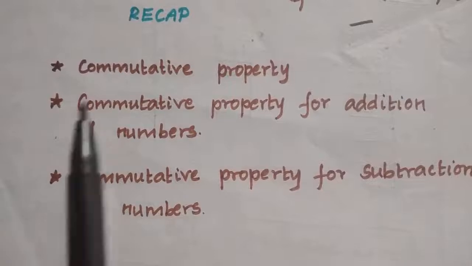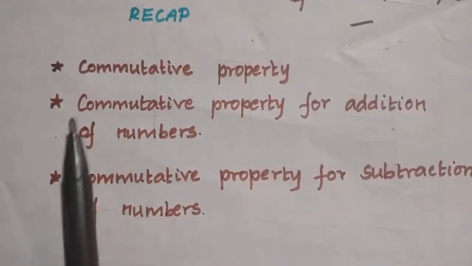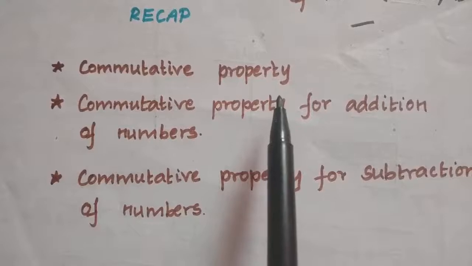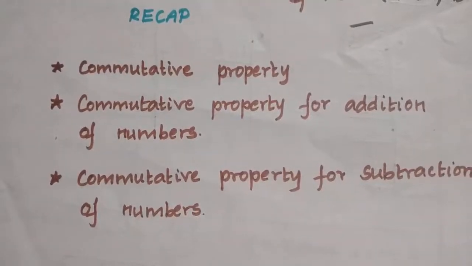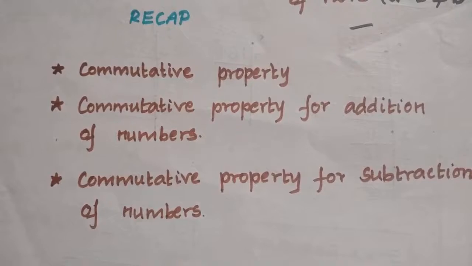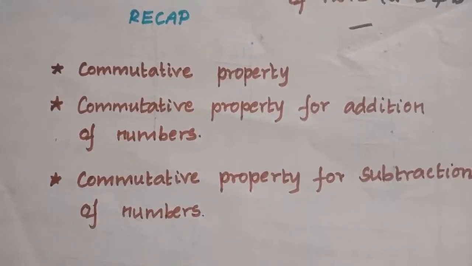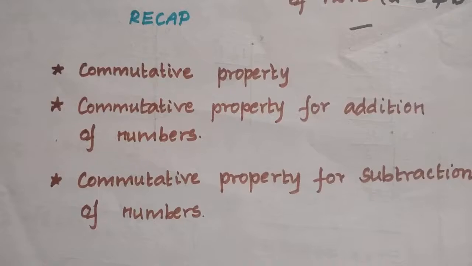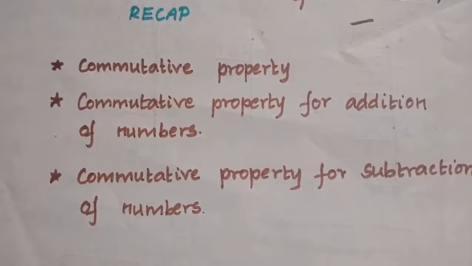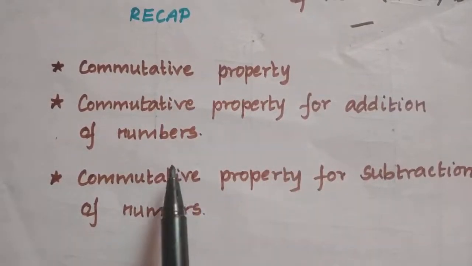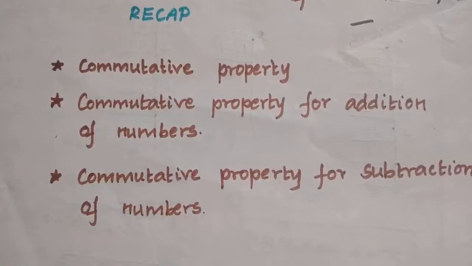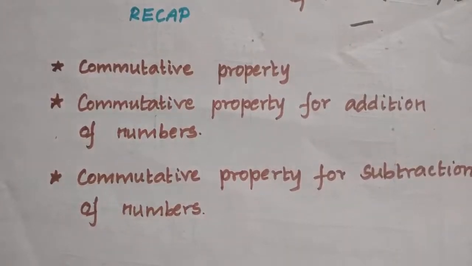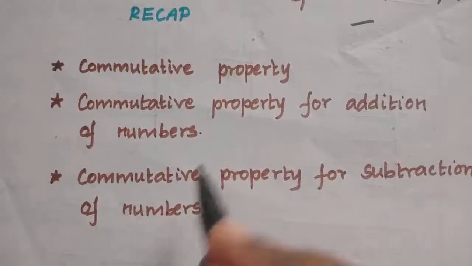Let us have a small recap of what we have learnt in today's class. Commutative property. This property states that if an operation is performed over two numbers A and B, then the order of two numbers is not important. That is, whether we take A first or B first doesn't matter. Commutative property for addition of numbers. So here we have checked for all the cases. The answers are same irrespective of the order of numbers. Thus, commutative property is true for addition of numbers.